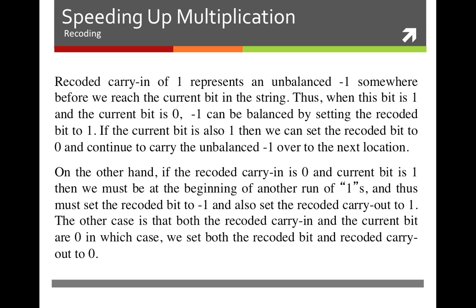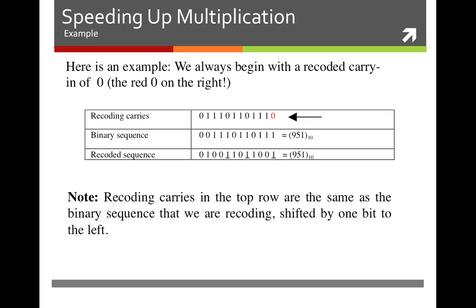As you can see, I talk about the runs of 1s and why we put the -1, why now we're putting the 1, and so on. So I'm going to leave this out. But this is an actual sequence. So we begin on the right hand side by assuming that the recorded carry itself is equal to 0. So this comes in as our first bit, and